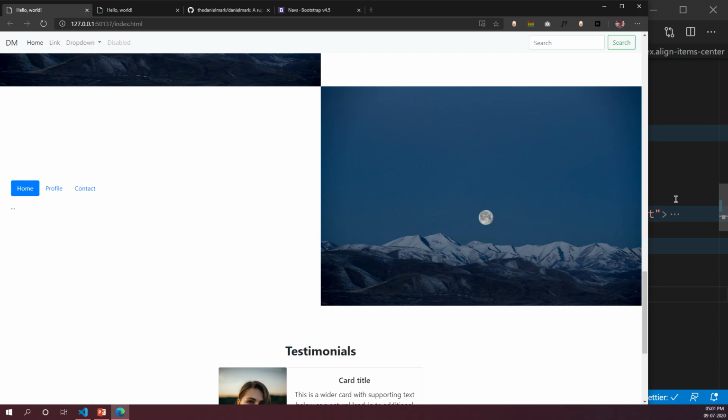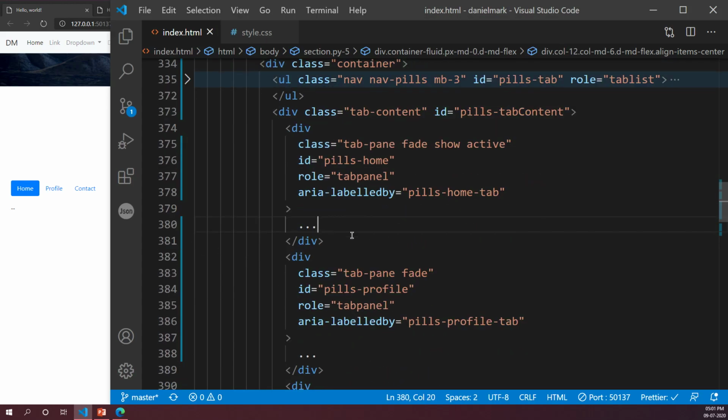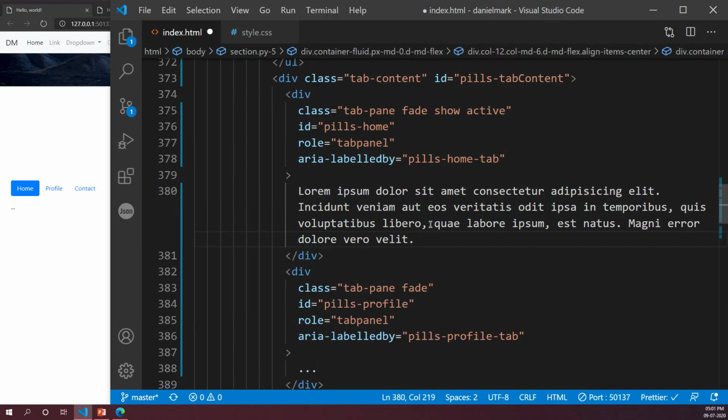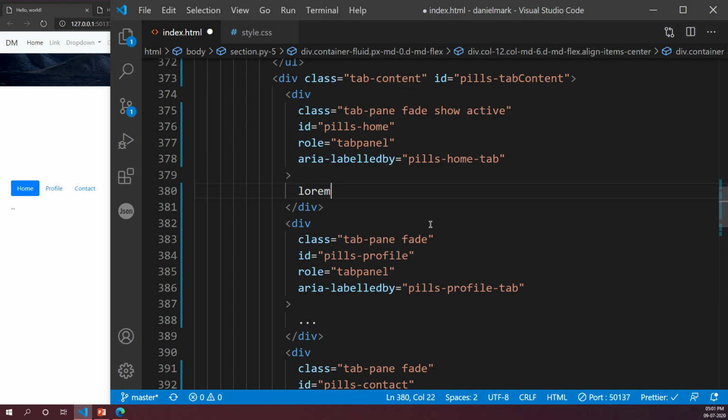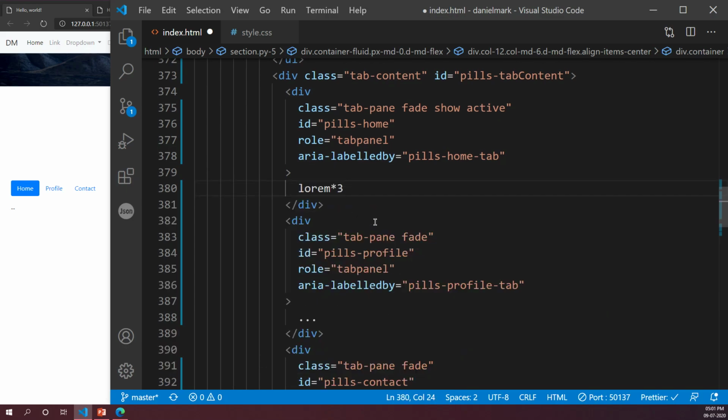Now what I want you to do is go into your tab content, and you see the 3 dots, right? Over there, just do lorem. Boom. Let's just say lorem star 3 paragraphs.